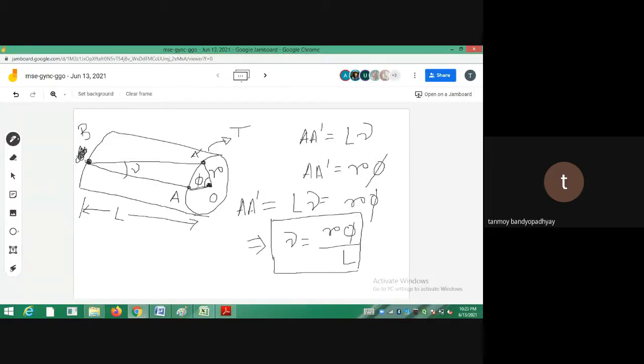Just write down, the shear strain in the shaft varies linearly. Thus, the shear stress in the shaft varies linearly with the distance from the axis of the shaft. This is at a certain radius r. Where will you get the maximum shear strain, gamma max? The maximum shear strain will occur when small r is equal to capital R, so gamma max is equal to R phi divided by capital L.